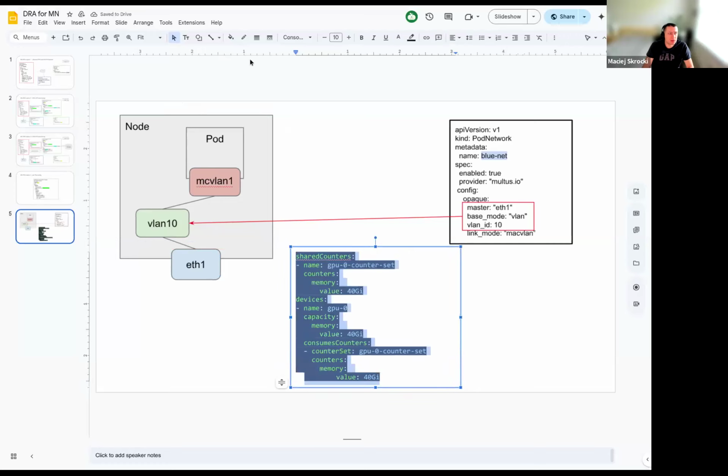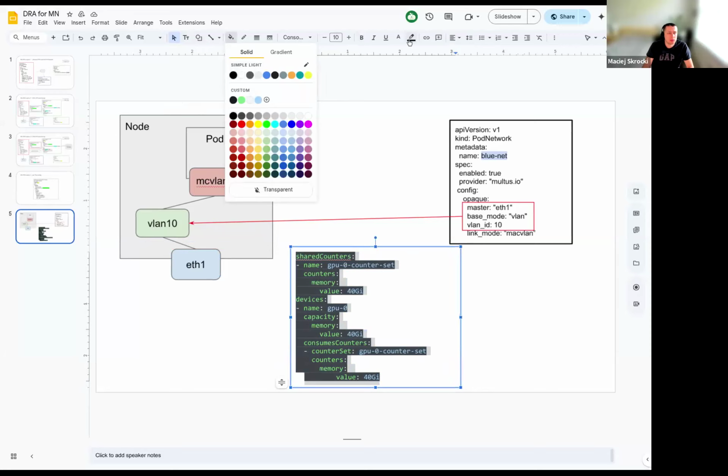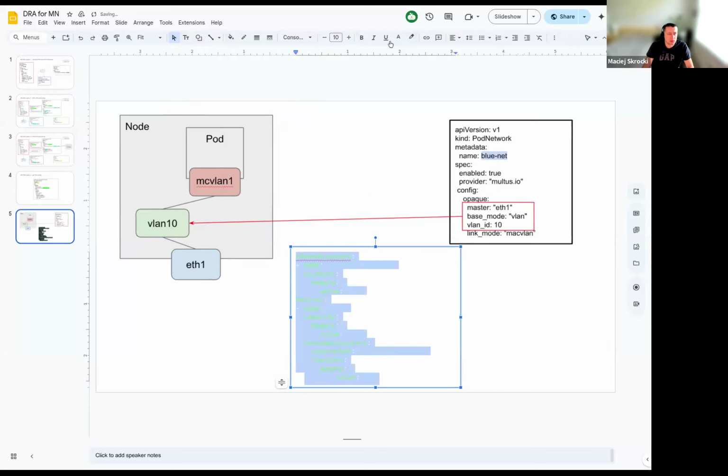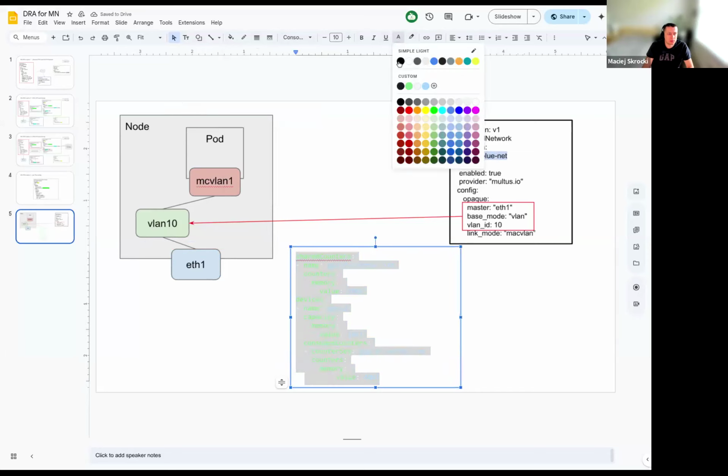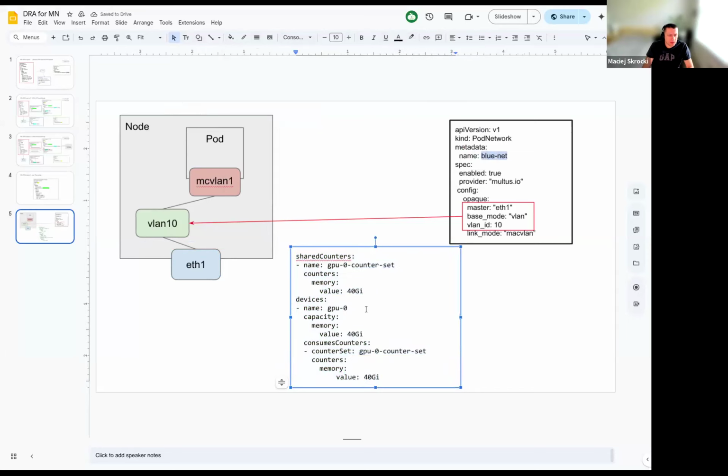Let me maybe just, where is the highlight here? And then the text color. Right. So we have our, say this will be our ETH1. It's not memory, it's VLANs, right? And this will say, so shared counters is basically the definition of what kind of counters there are, right? And then VLANs, and then was it 4096, I think, right? This is the total number of VLANs for ETH1, or it can be something lower, but let's say this,